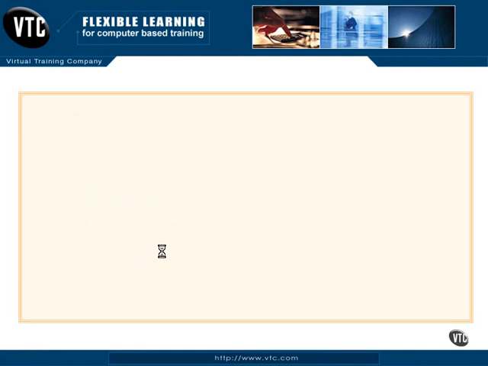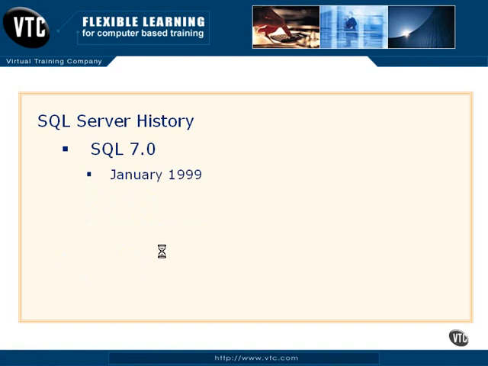So the real magic for SQL Server in the Microsoft world started at version 7.0. Now, this came out in January 1999. SQL 7.0 was a turning point for Microsoft. And this is important for you, believe it or not, because when you get out there and begin to do database administrative work, or if you're already a database administrator, you're well aware that anytime you see SQL 7.0, you start to get a little nervous because this is the first place where Microsoft really began to, for lack of a better term, get it right. And there's a fair amount of backward functionality, but you're really reaching the outer edges now.